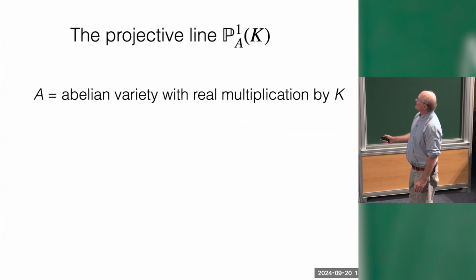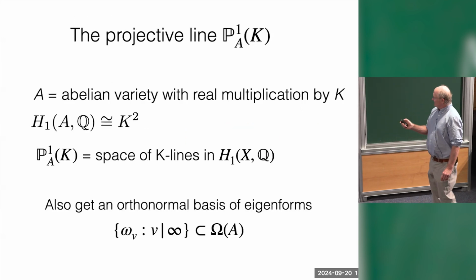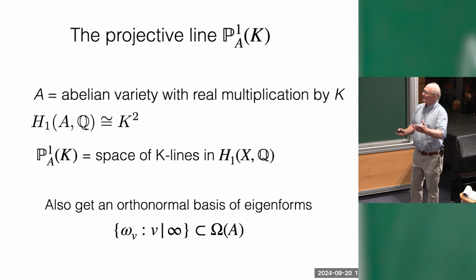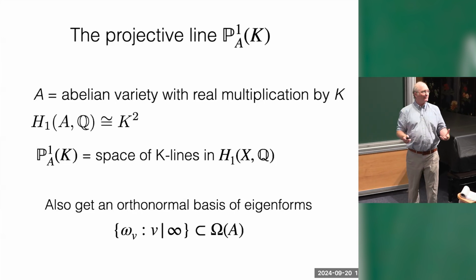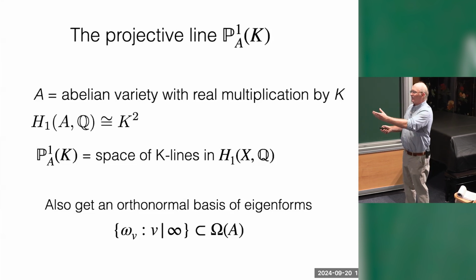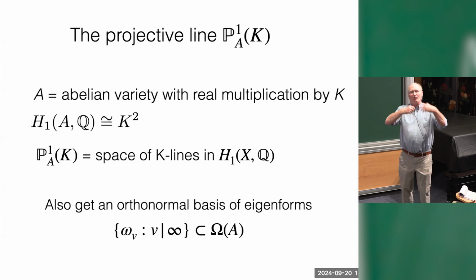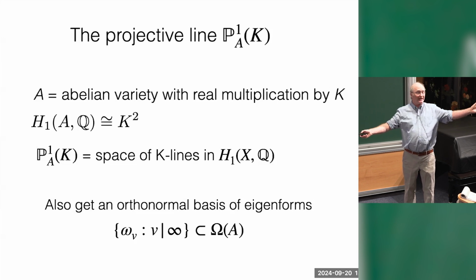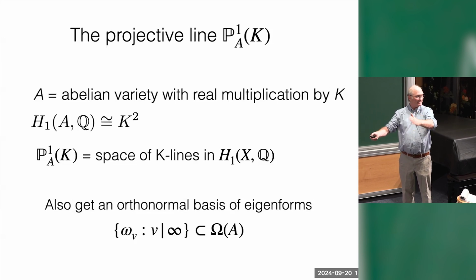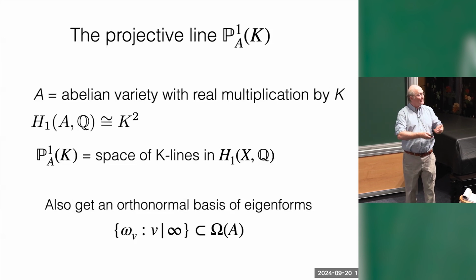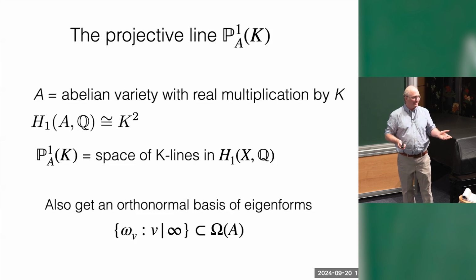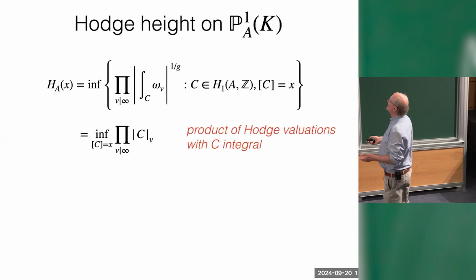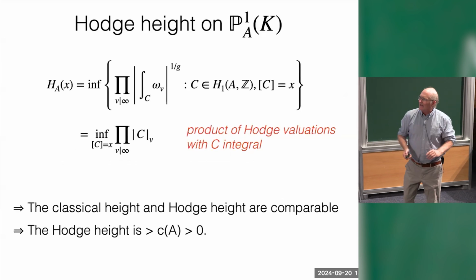Okay, so this went by fast. When K acts on this abelian variety, it also acts on the space of holomorphic 1-forms on the variety. And you can diagonalize that action. So you think of the action as being generated by one endomorphism of A. This endomorphism has different eigenvalues. They're all Galois conjugate. Each one has its own eigenform, which generates the eigenvector in the space of holomorphic 1-forms. And I'm using those eigenforms to measure the size of this curve. I'm looking at their periods. Okay? Thank you, Pavel. Good question. I meant to go almost as fast as Yuri.